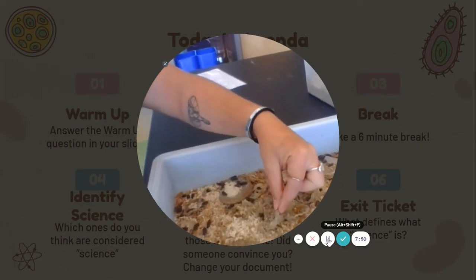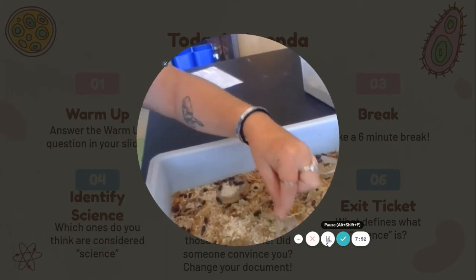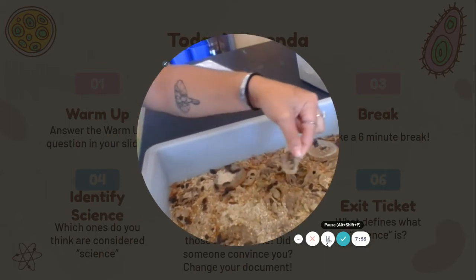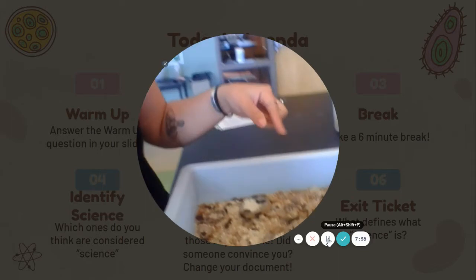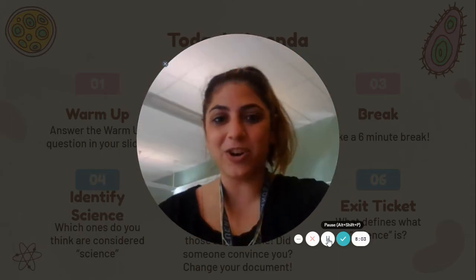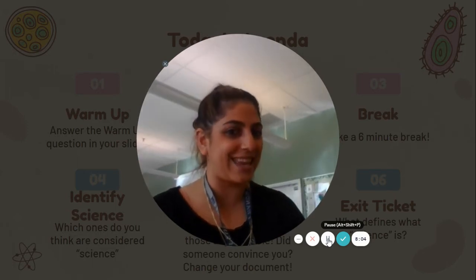It really grosses me out. But if you kind of use it, you can gently move the stuff around and see what's going on underneath. But the biggest thing you're going to want to do, again, is make observations. What questions come up for you, right? You're starting to see a theme here.